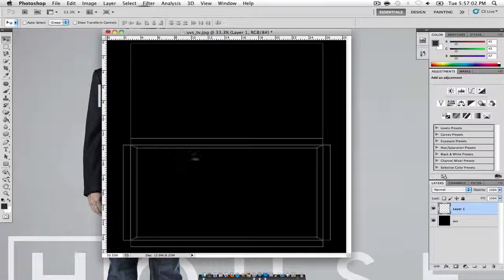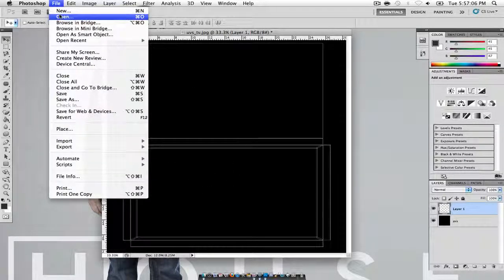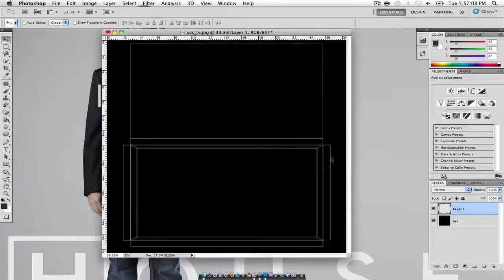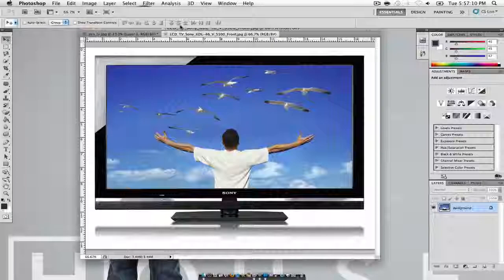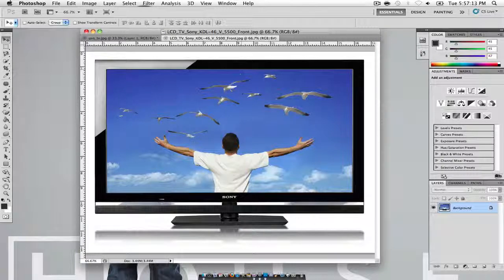So now let's see if we wanted to add something to this television. I'm going to open up a reference photo that I found on the internet. So I'm going to see if I can try to copy this image right here. So I'm going to go to my marquee tool and then try to, as best I can, select